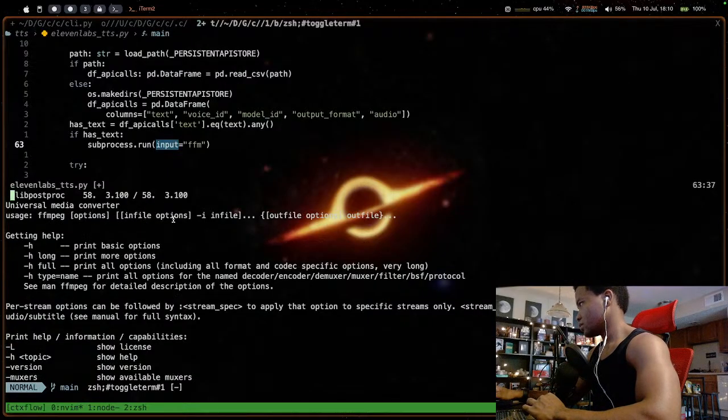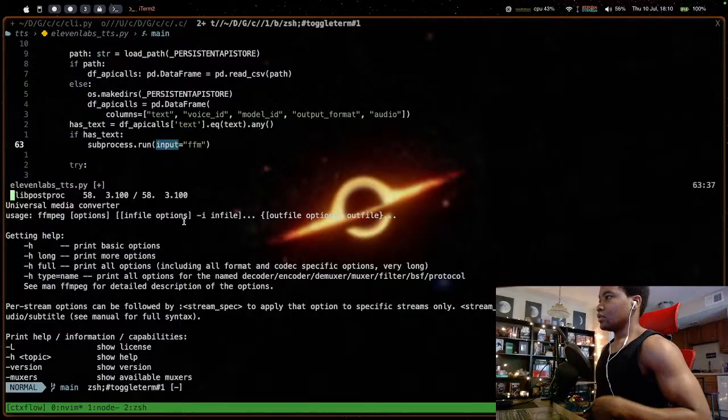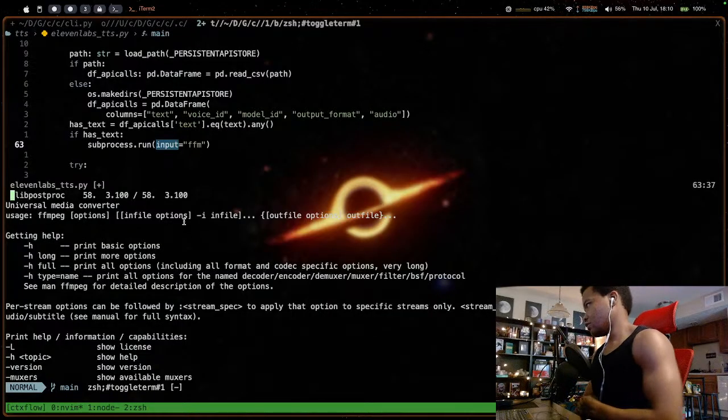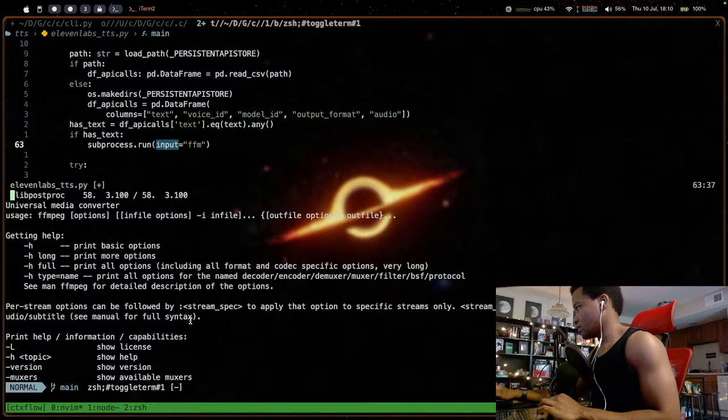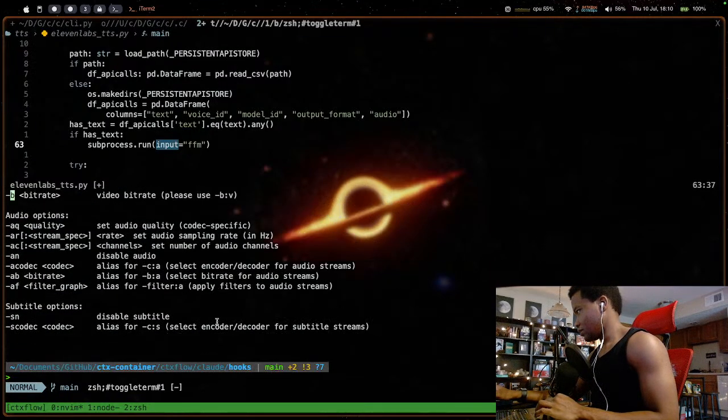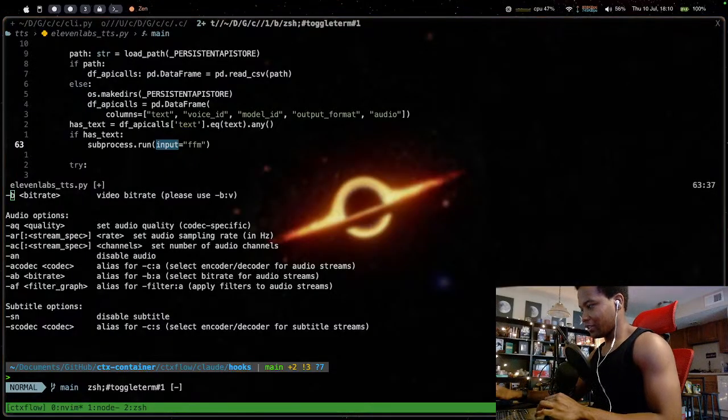Usage. I don't really care about output file. I don't even feel like reading through this. I might just look it up. This is a shit ton of options. I just wanted to read the MP3 file.